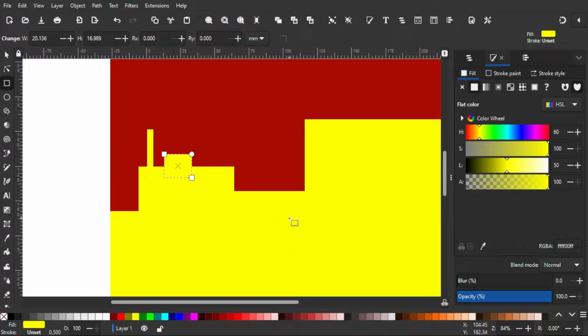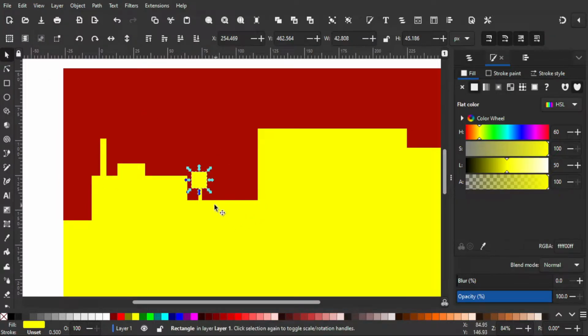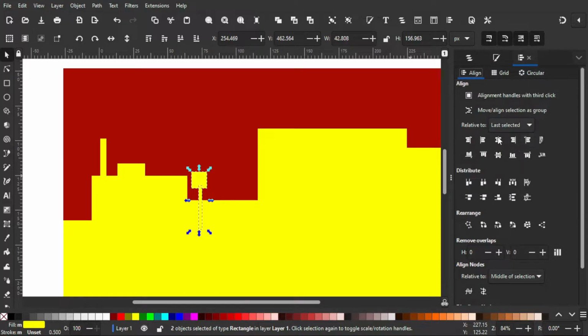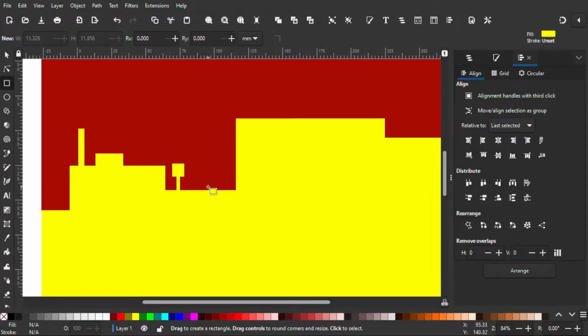You can use a reference of buildings to make it more convincing, but I'm just gonna draw a bunch of rectangles again because it is easier, and I think you guys want to make it easy and simple because it is a beginner tutorial, and I want to make it simple and short, of course.